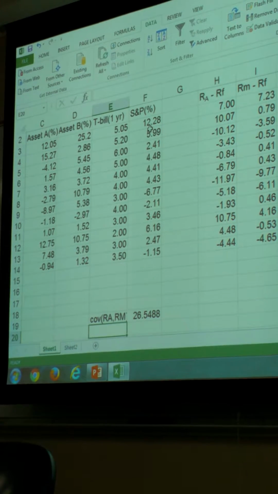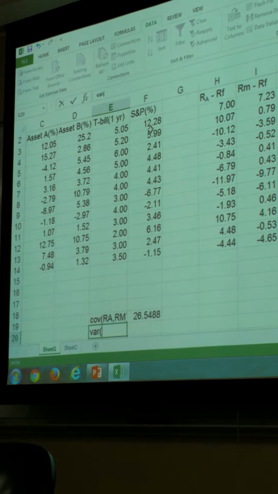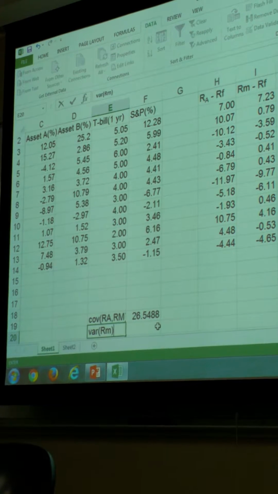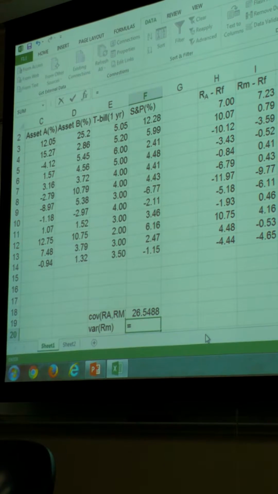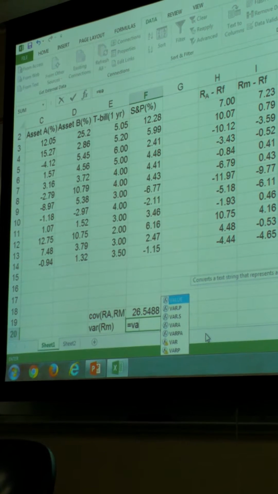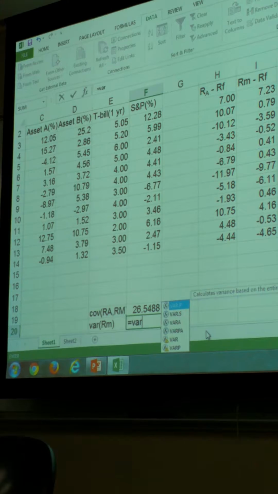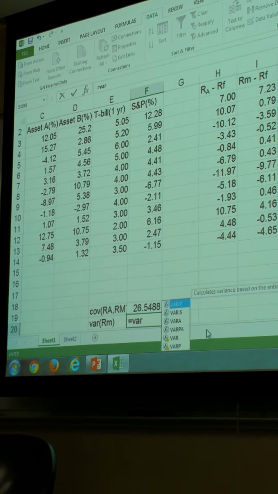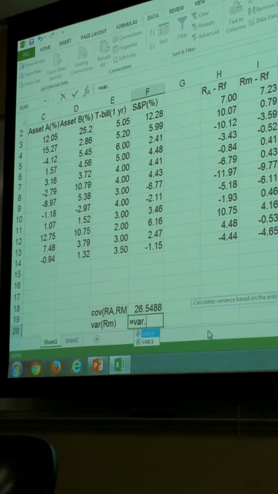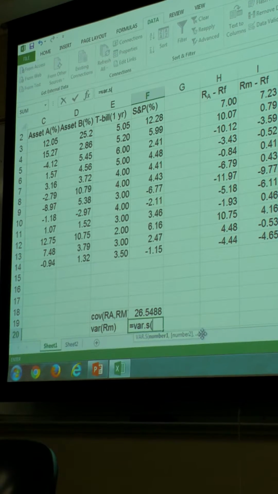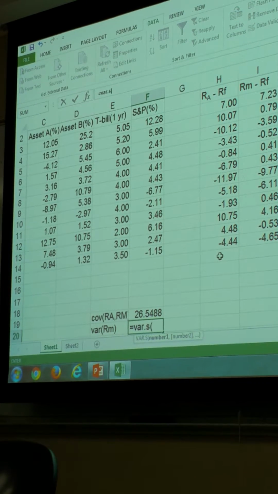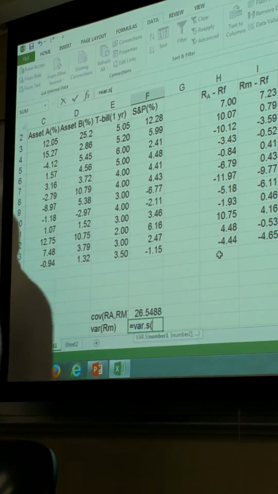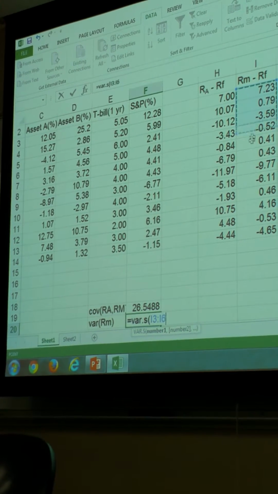And now the variance. Variance of what? Market portfolio return. Sigma M square. That is equal to what? Variance. Should I use S or P? Yes. S. Okay, so it's S. And then what variance are we looking for? This variance or this variance? The right one, correct? Okay. So by selecting this quantity,